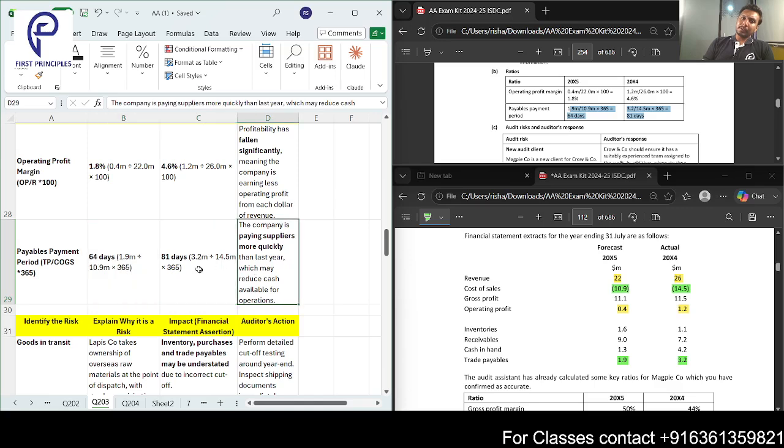For example, here, 81 days has gone to 64 days. That means you're paying your suppliers quickly. That is the first meaning. Before, you used to pay in 81 days, now you're paying in 64 days. What it really means is that you're paying your suppliers faster. So if they're telling you that if you pay early, you're getting a discount,